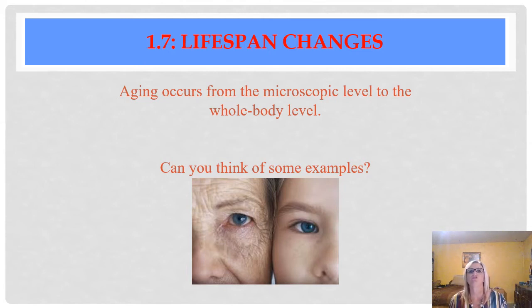So changes for the tissues that occur at the tissue, cell, and molecular level. And that explains what we see as the familiar signs of aging. Gray hair, obtaining wrinkles. Those occur from things like decreased production of collagen and elastin and fat. This is why you get wrinkles, because your production of those is going to decrease. You don't have as much fat in your